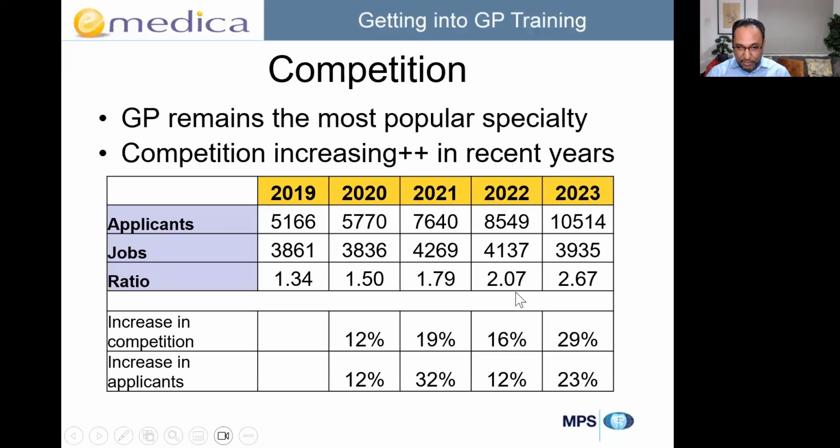First time ever in the last 18 years that I've been doing this, that the competition ratio for GP was over 2 overall. Okay, within some specific areas like London, it's even more than that. Okay, and then this year, round one, over 10,500 people applied for GP training for less than 4,000 jobs. So the competition was,